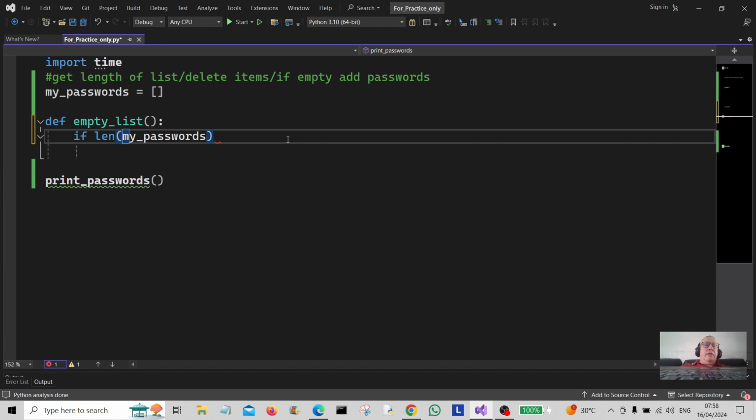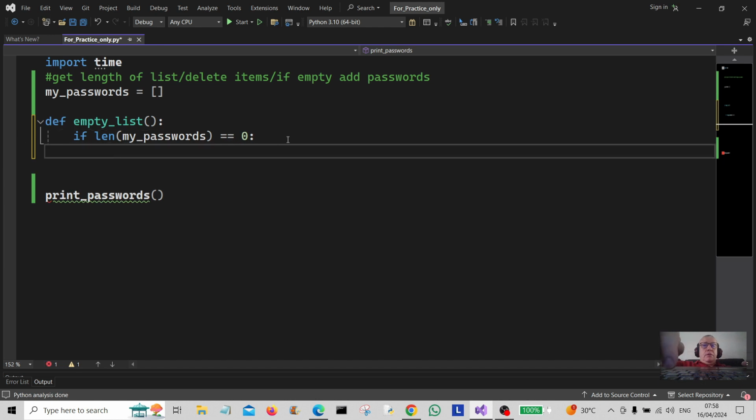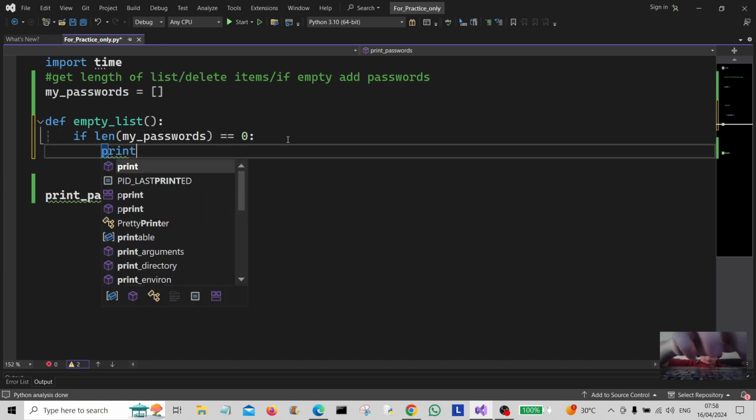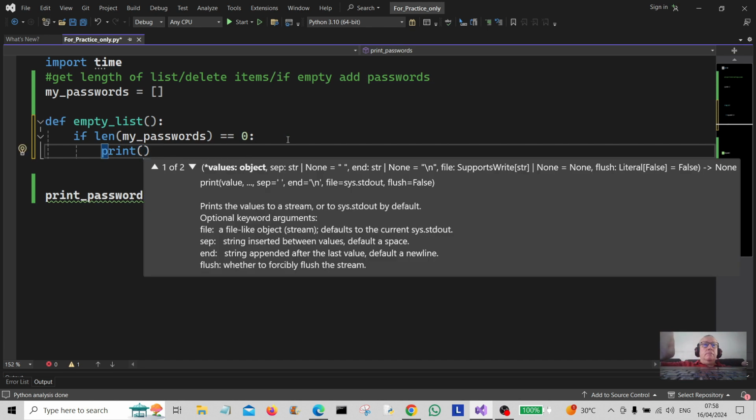If the length of my passwords is equal to 0, we're going to print list empty,